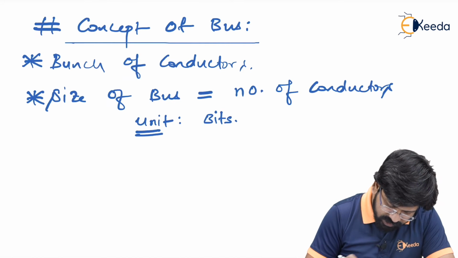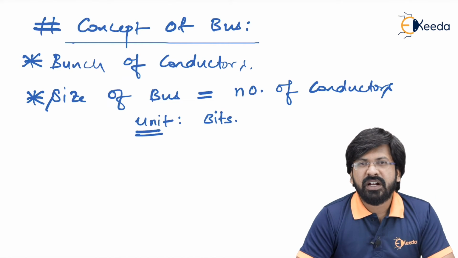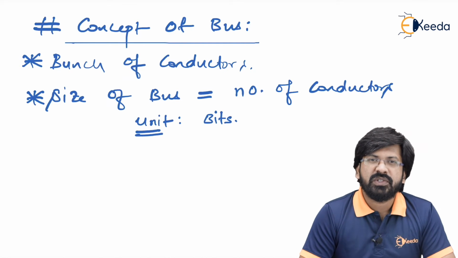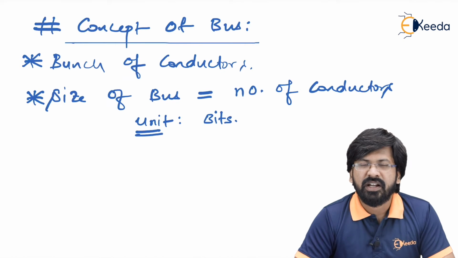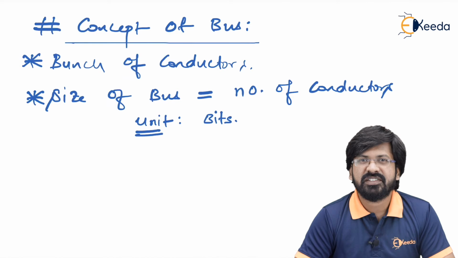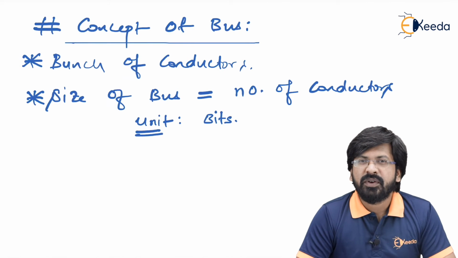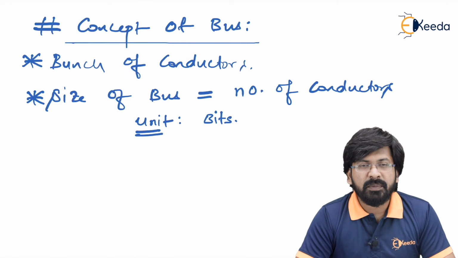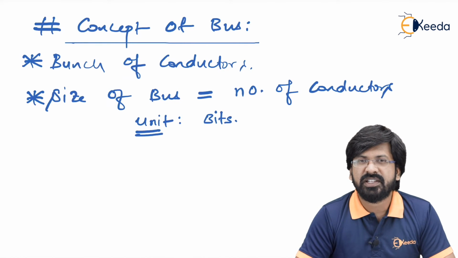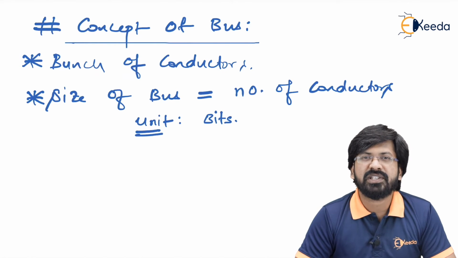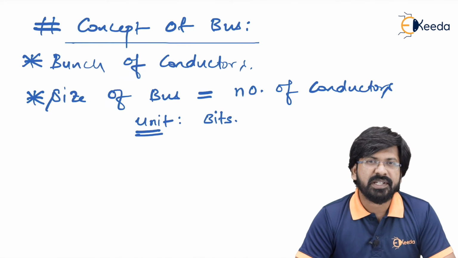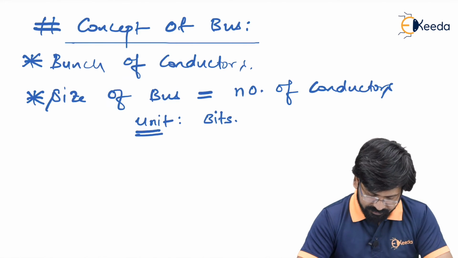Bunch of conductors is what we call as bus. So as I said, every conductor is going to carry some ones and zeros. So basically these ones and zeros are just numbers or some information. What do you think? Are they just number or information? Of course it is some information. Now depending upon which information it is carrying, we have classification of buses. That is, if that information is something what we call as an address, it is called as address bus. If that information is data, then it is called as data bus. And let's say if that information is nothing but control signals, then it is what we call as control bus. So we have three types of buses: address bus, data bus and control bus.